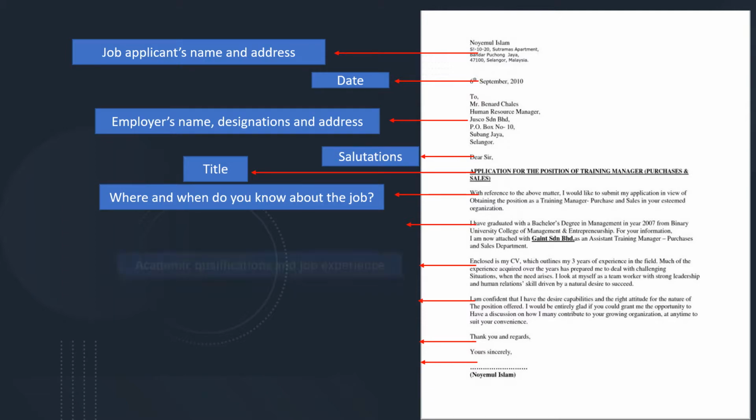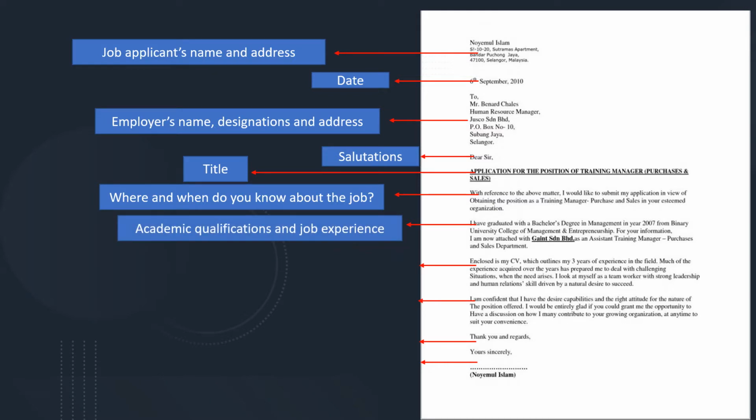And then you can talk about your academic qualification and job experience if you have, briefly in the second paragraph. After that you have to explain your positive qualities, your attitude, and so on. For example, you say you have good leadership and good communication skills. It comes in paragraph 3.